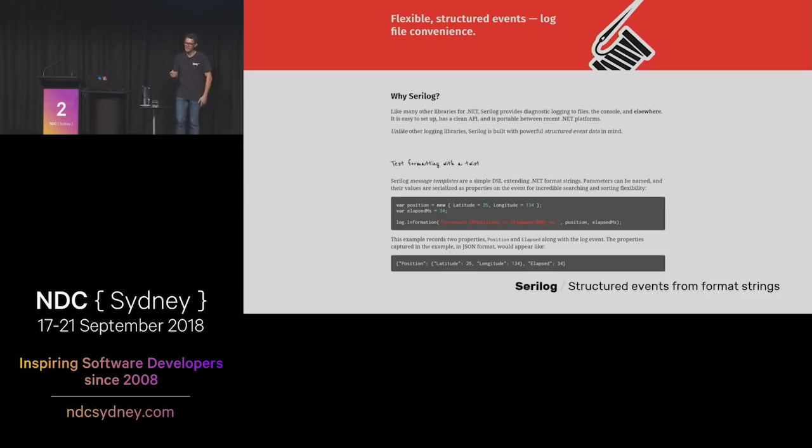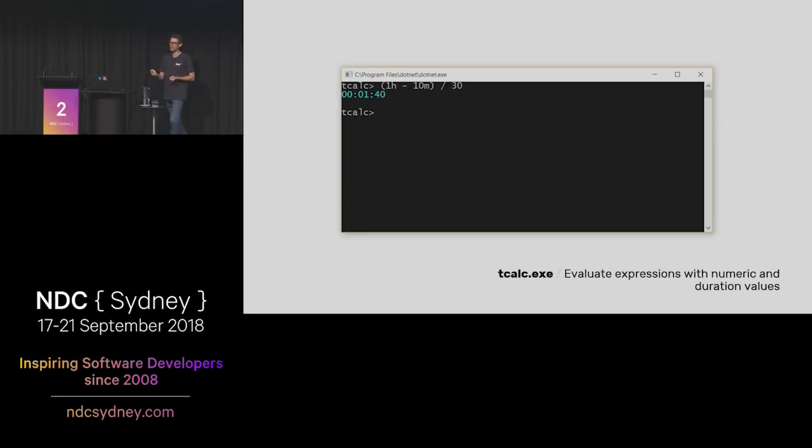I also, when I hit the problem of getting better diagnostics out of .NET apps, spotted a chance for using little languages in logging, which you might have encountered in Serilog. And Serilog's got a filtering language built into it too, which is something that's also indispensable in this kind of software. But these are all things that I wouldn't have imagined attempting to write had I not kind of ripped the bandage off and learned how to deal with parsing text.